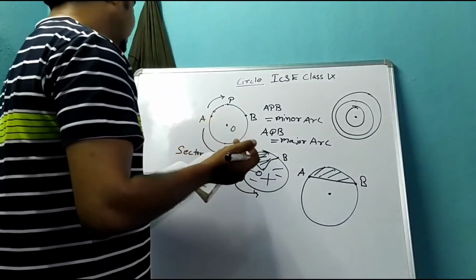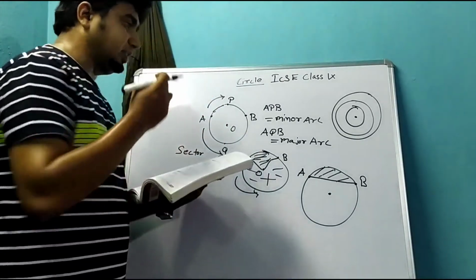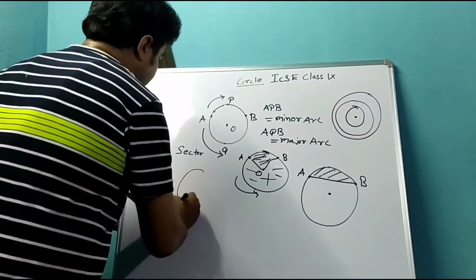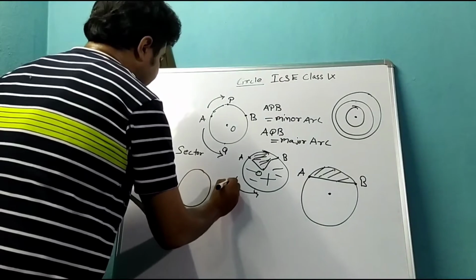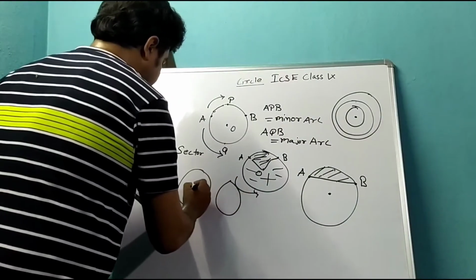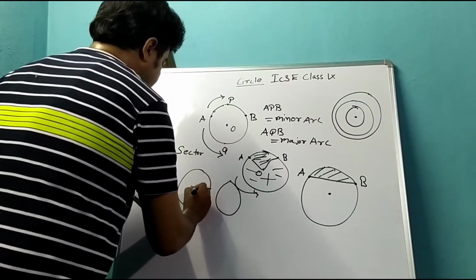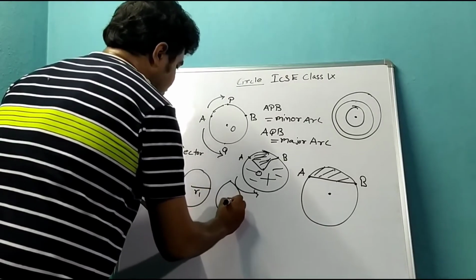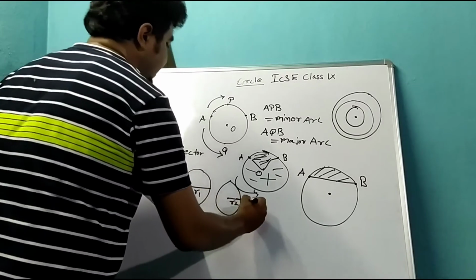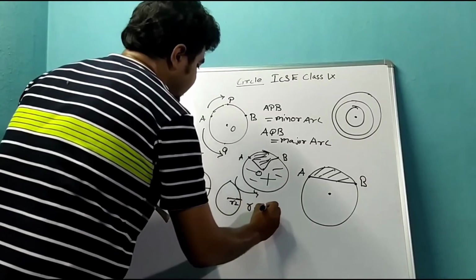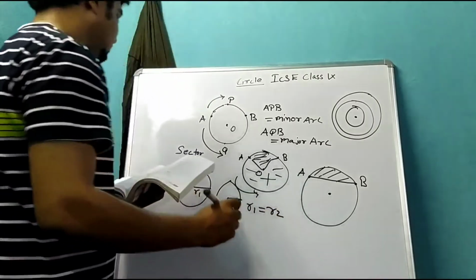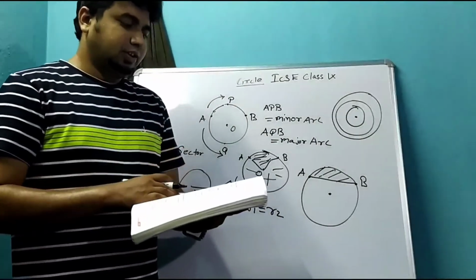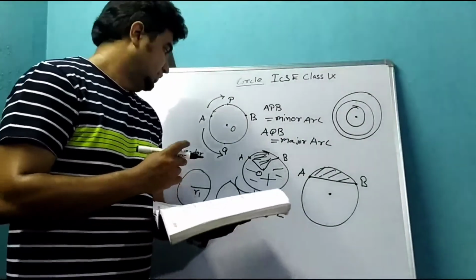Now I am talking about equal circles. As the word says, equal means two circles will be of equal size. This is R1 and this is R2. If these two circles are equal circles, I can say R1 is equal to R2. So this is about the different parts and terms related to the circle.